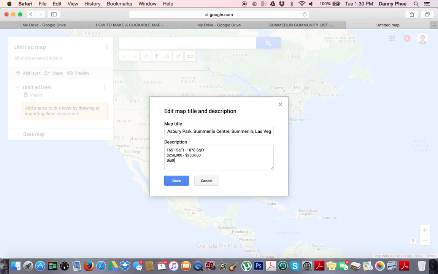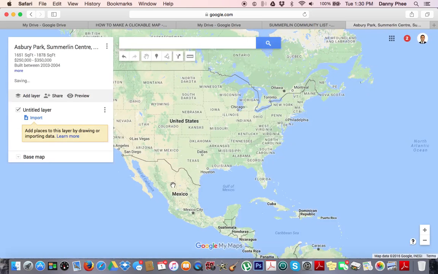They were built between 2003 and 2004, and they are all 2-story homes. Okay, we're gonna save that for now, and you'll see up here Asbury Park, Summerlin Center. Okay, what we're gonna do next is